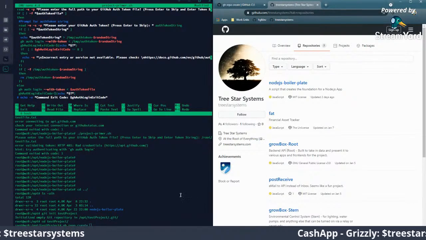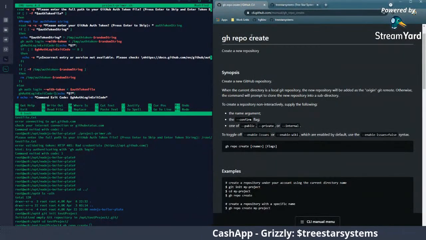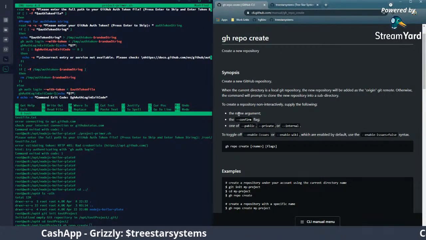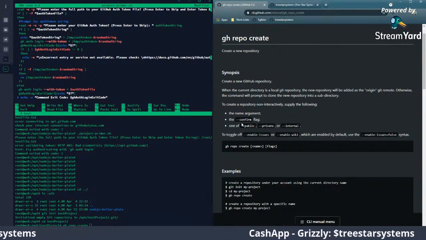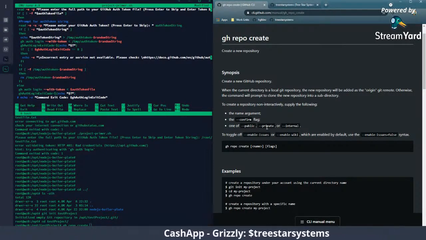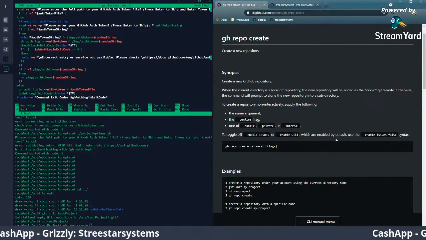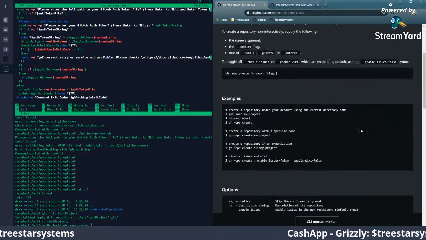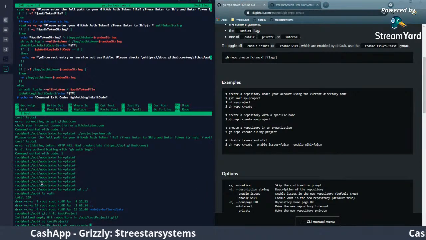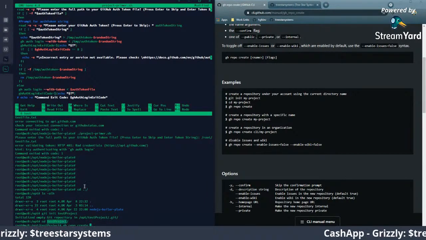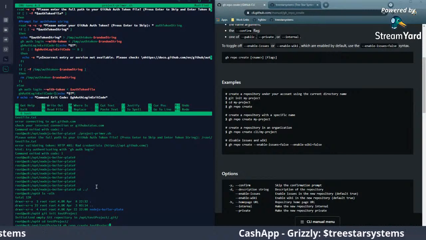All right, so back on task here. Focus. All right, so we can do. Excuse me, guys. All right, so the name argument, the confirm flag, one of public, private, or internal, toggle off enable issues wiki. All right, cool. So create name. The way that's done is we'll do test project. All right, and then,